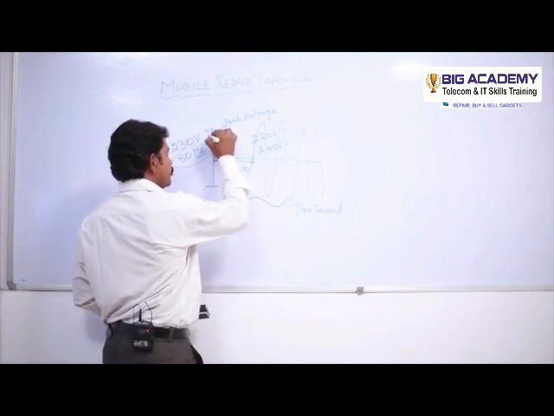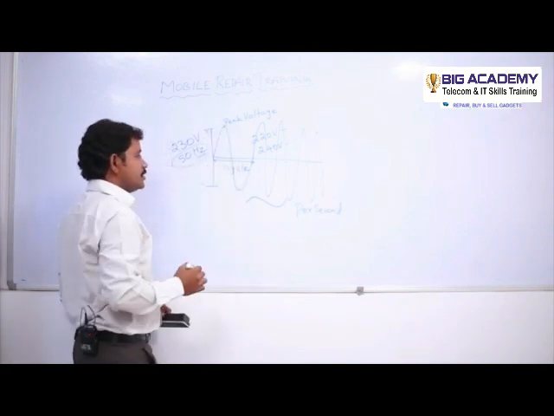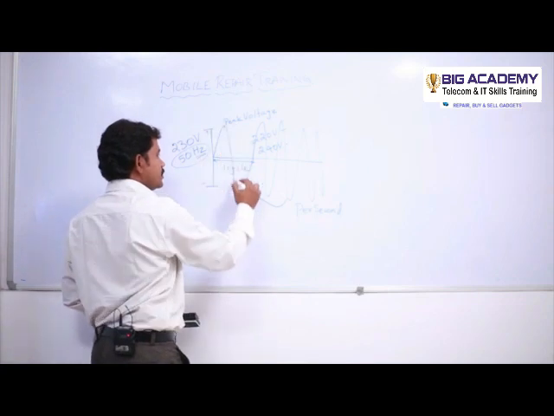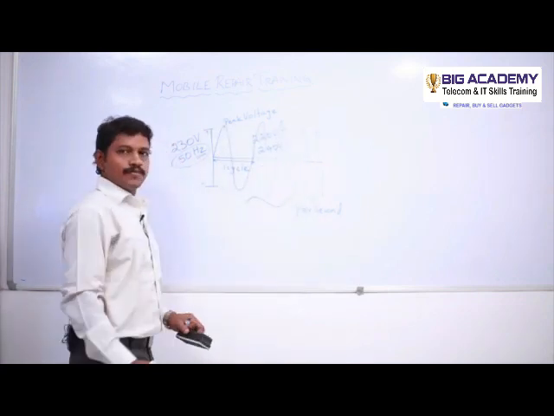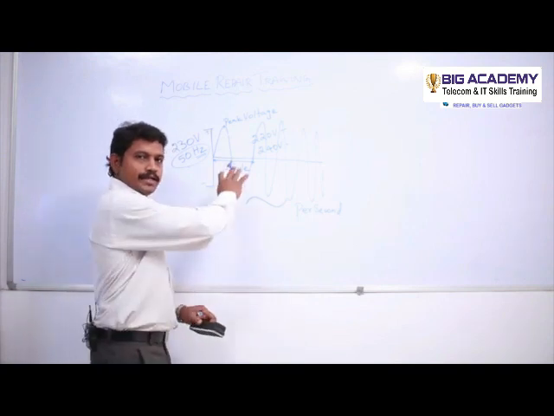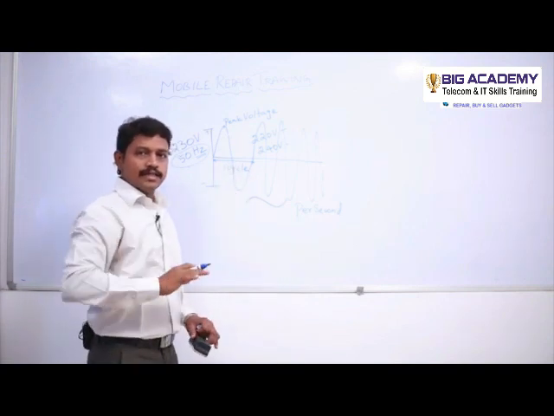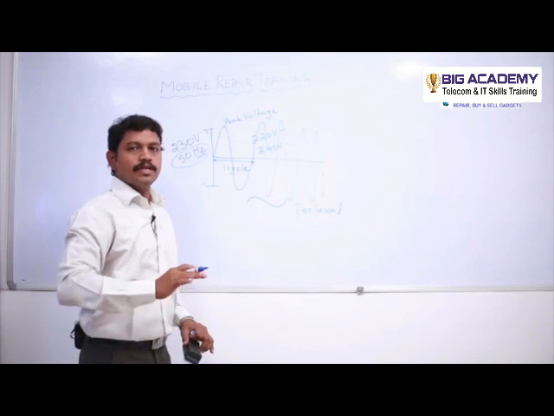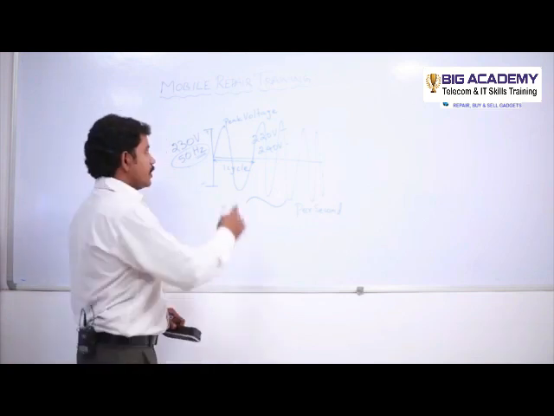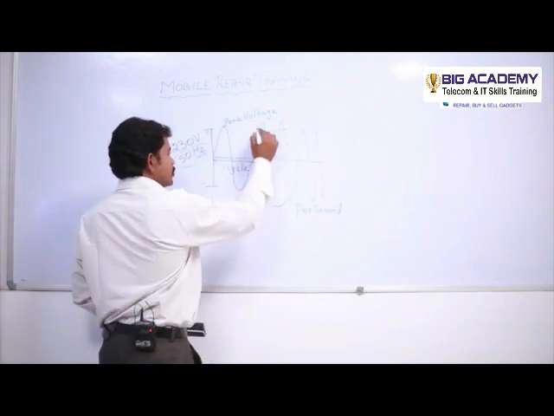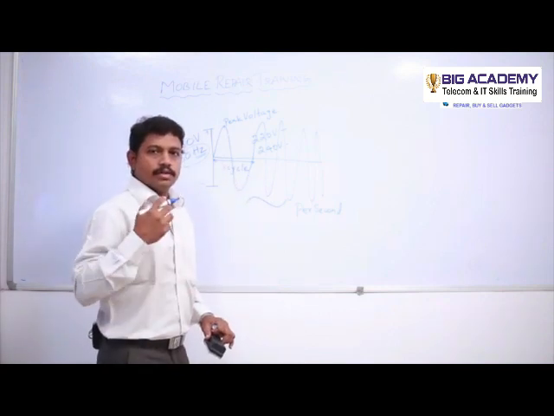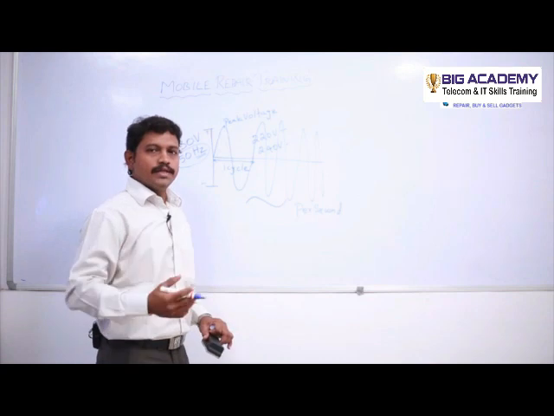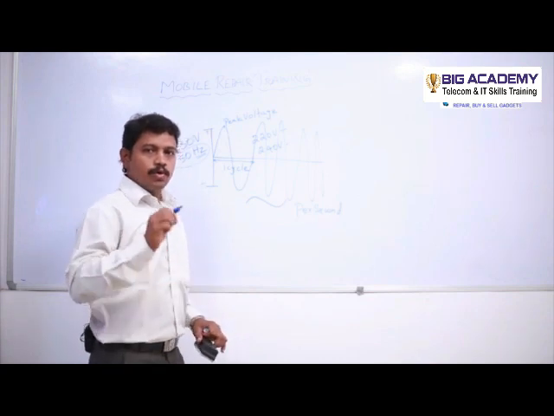Why? Because this is the positive edge and this is the negative edge. It gives the alternating positive and negative cycles. These alternating positive and negative cycles are named alternating current. And whatever the electronics or home appliances, whatever the devices we are using, no device